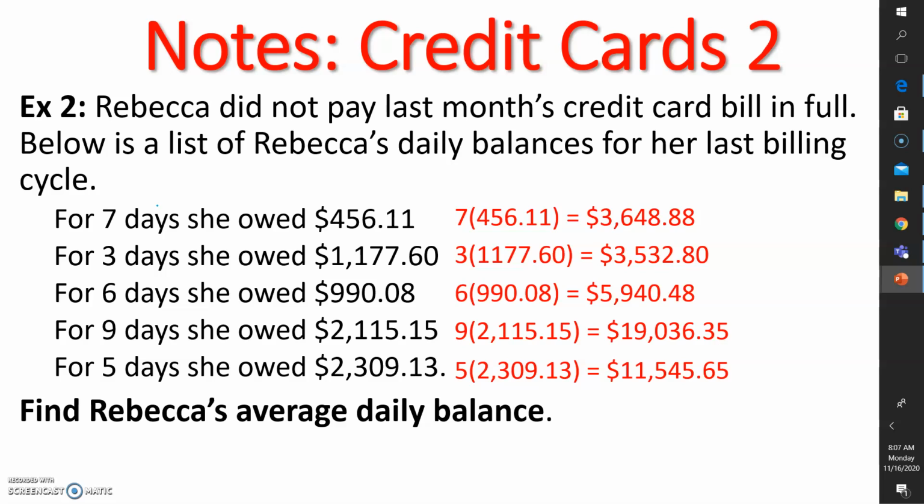Now, ultimately, in order to find the average, we need the sum of all of the days. So what we're going to do is we're going to take all of these totals and we're going to find the sum of all of the days. Okay, so we're going to add $3,648.88 with $3,532.80 with $5,940.48 with $19,036.35 with $11,545.65, giving us a grand total of